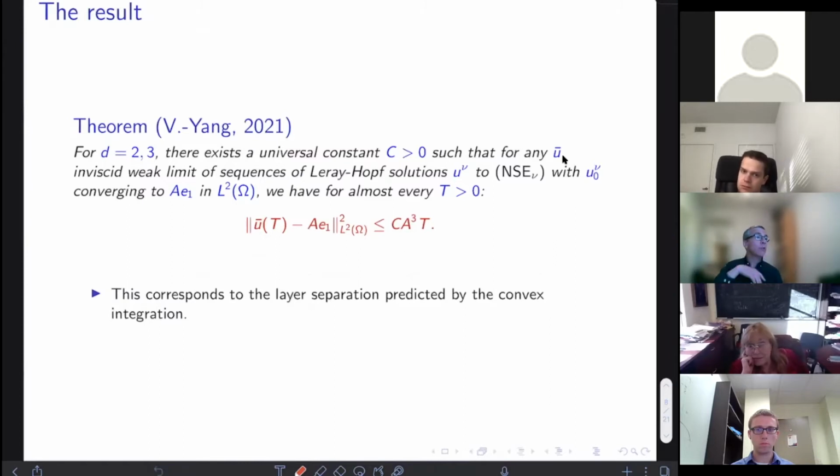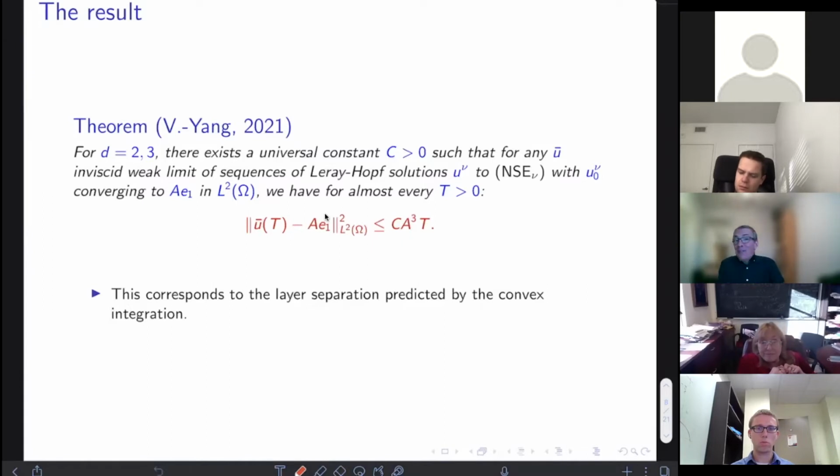I don't even know if you're 3D, if you're a solution of Euler. I don't care. I just consider any of those weak limits that you get when the initial value converges to any one, just in L2, right? So no more. But the u nu 0 can be smooth, right? Any Leray solution, you pass to the limit in the initial value. And what I can say is that for almost every time t, the